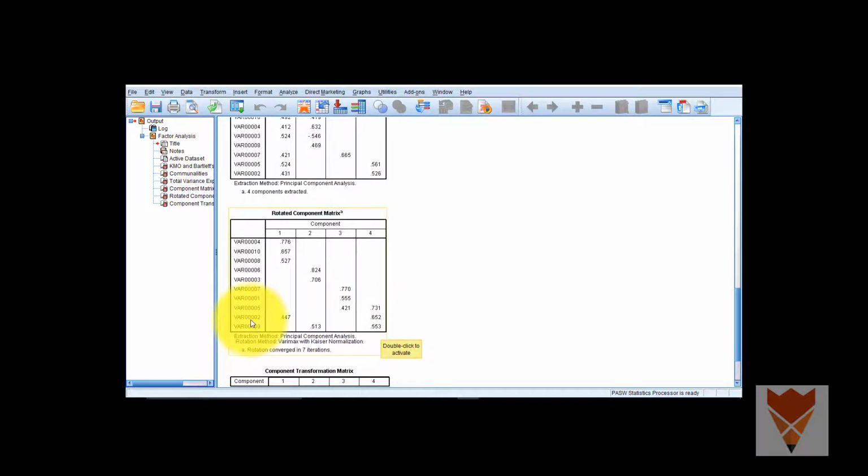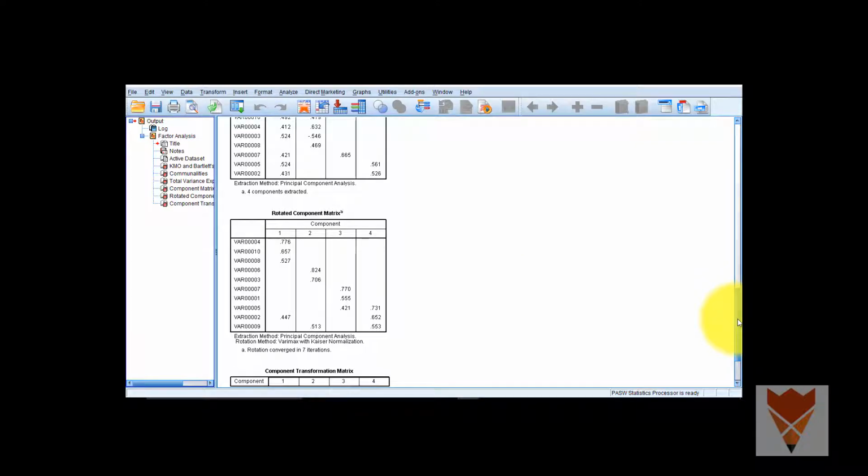Same thing is there in question number 2. It is showing 0.447 in factor number 1 and 0.652 in factor number 4. The value is more, 0.652, so we will consider this question 2 in the fourth factor and not in the first factor. Similarly, question number 5 is showing more loading in factor number 4. So we will consider it in factor 4 and not in factor 2 or any other factor.